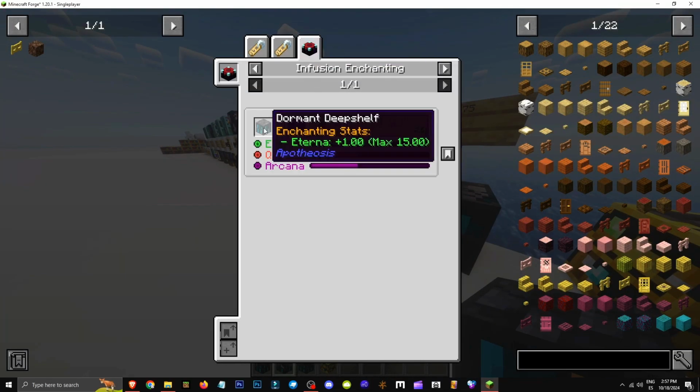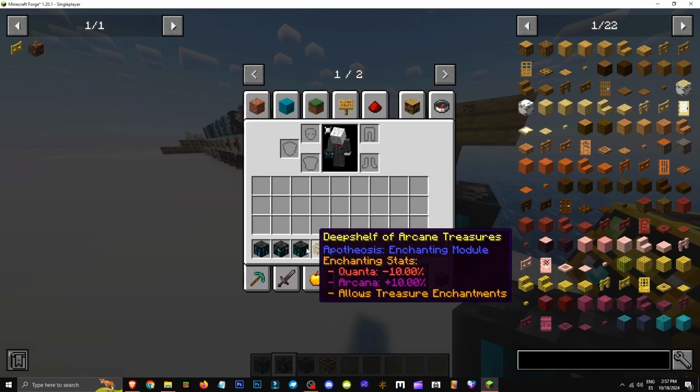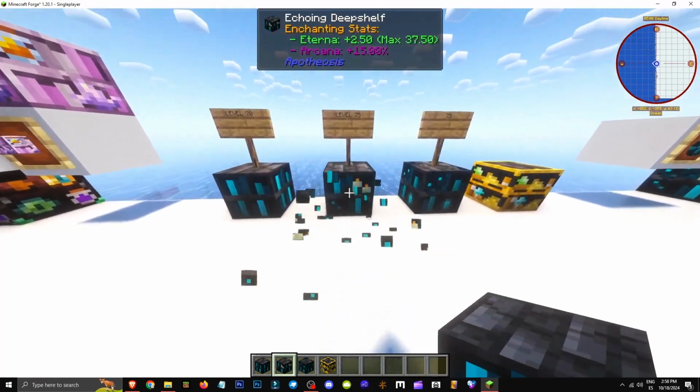To get a deep shelf, enchant a normal dormant deep shelf. The enchantments needed for infusion on this deep shelf are crazy. It needs 30% Eterna, 40% Quanta, and 40% Arcana. So once we have this element, we'll get the Echoing Deep Shelf, which is this one here, allowing us to